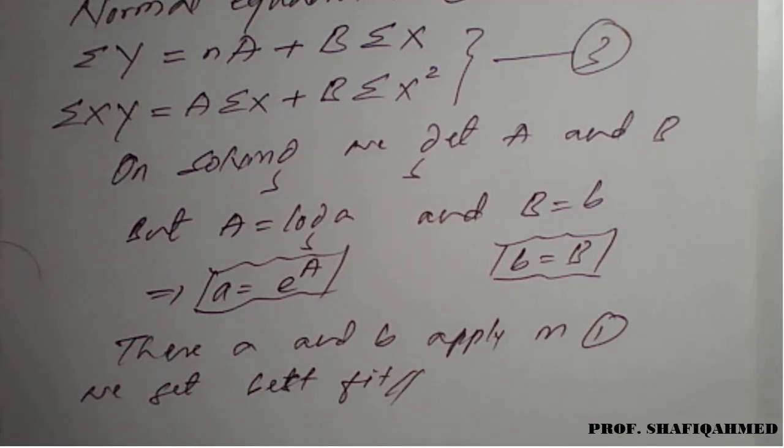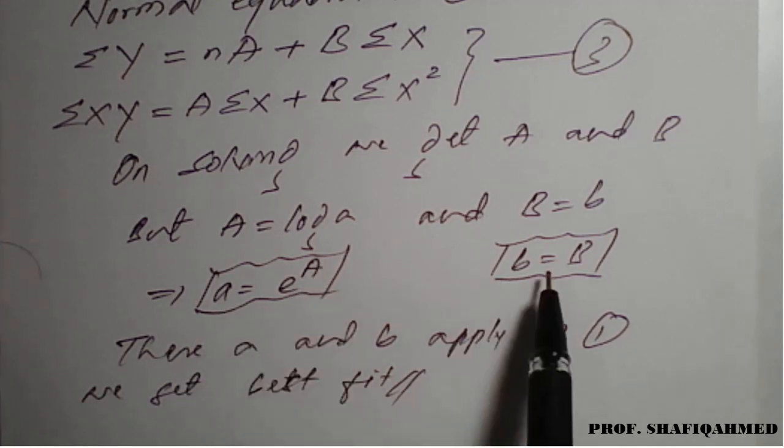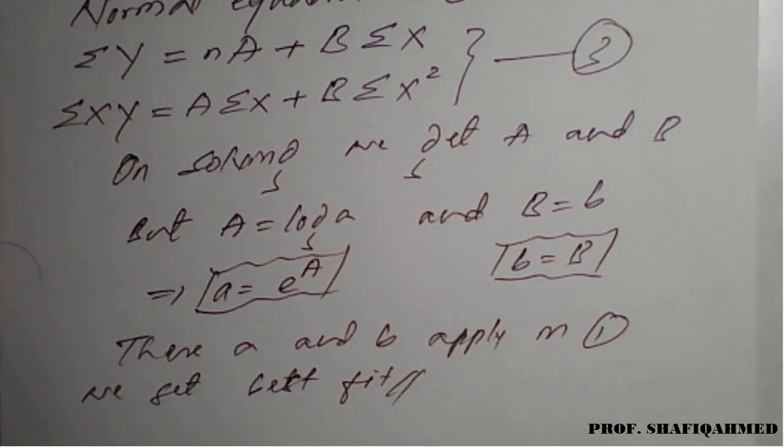So this is a general part here, and it is very important how to convert. Firstly we have to take a log, then we have to convert it, and we have to get the values in terms of capital A and capital B, but we have to again rearrange it, as a is equal to e raised to A and b as b only. Then we need to apply and make a best fit for the given curve. So let's see the examples based on this method, or I can say based on this curve, y is equal to a into x raised to b.